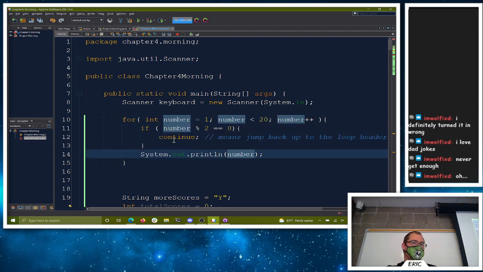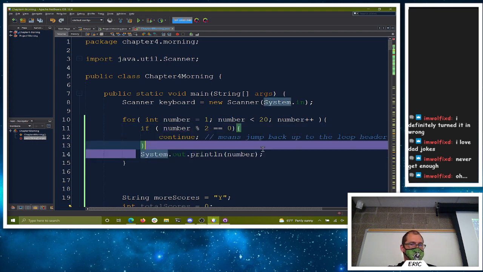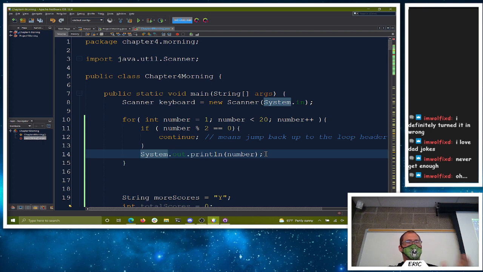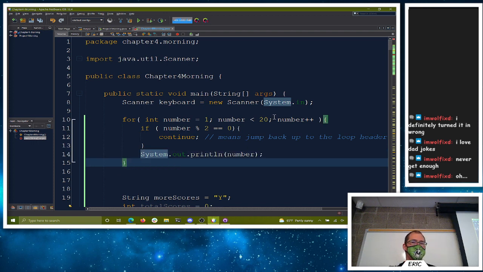Anything that's even, we're just going to continue. We'll never get to this line. If this is not true, we continue on. That's the wrong word to use because we just put continue here. If it's not true, this doesn't run. The next line of code will run. The loop goes to the bottom, runs the loop update, runs the loop test, and checks to see if we should keep on going.